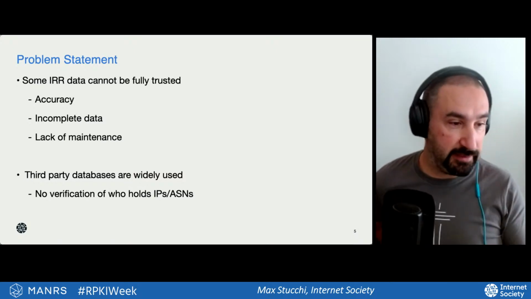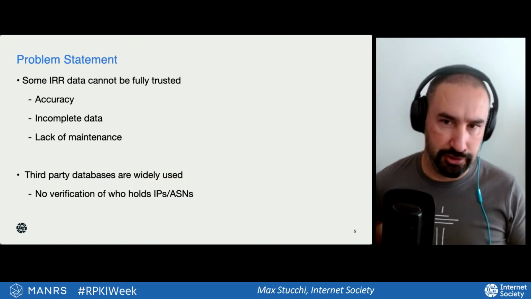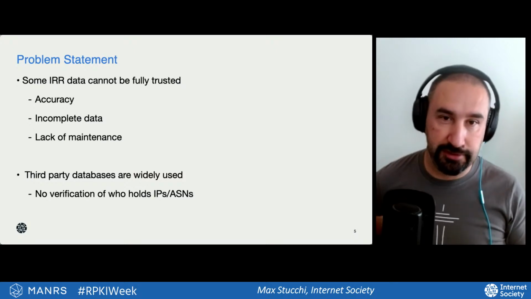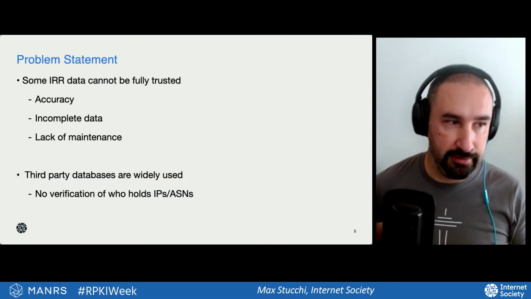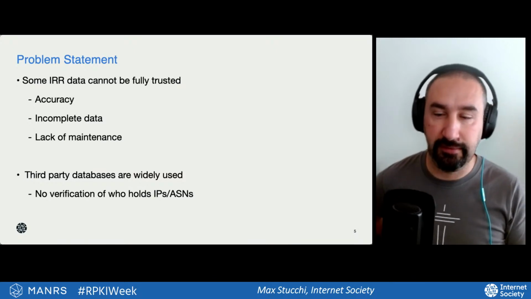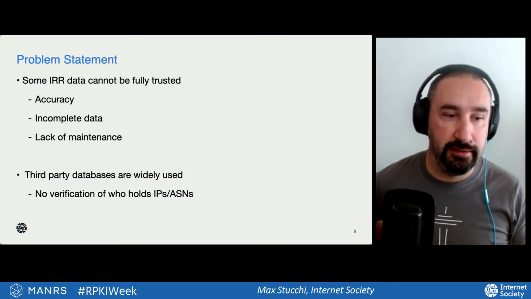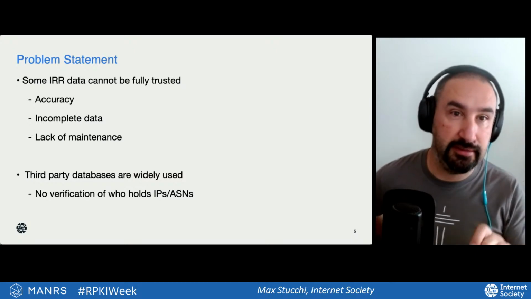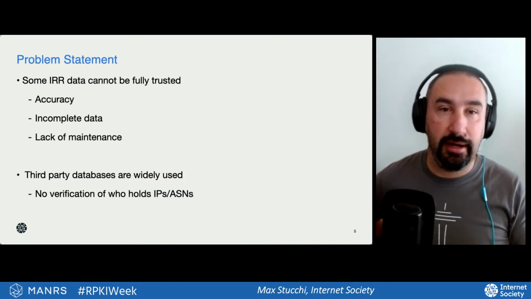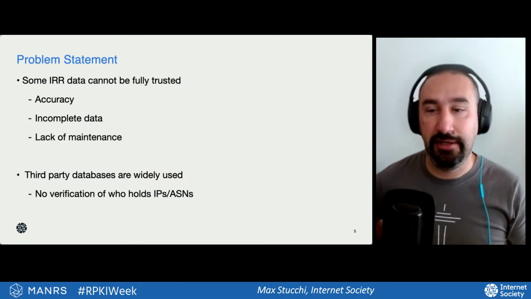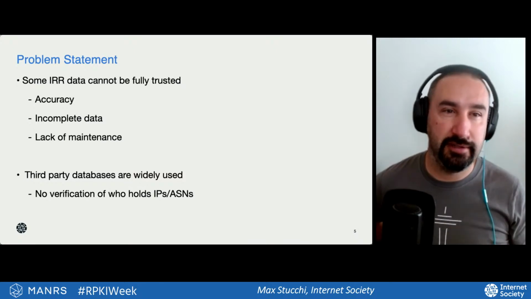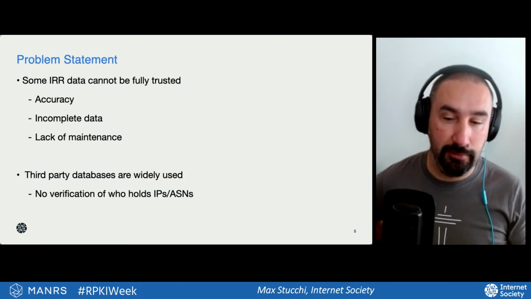And then third-party databases are widely used. So I mentioned RADB, I mentioned AltDB. Differently from the Internet Routing Registry of a regional registry like RIPE NCC or Afrinic, a third-party database cannot fully verify that the person creating the data in their database is the rightful holder of a resource. So there are weak authentication mechanisms, but they can't give us the trust that we need